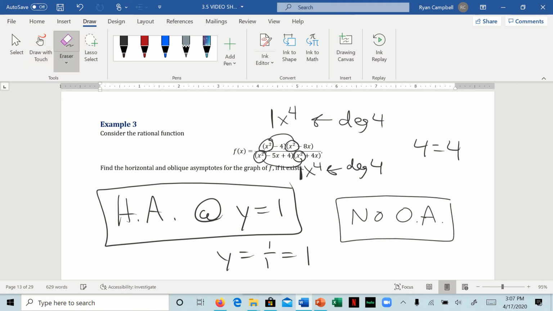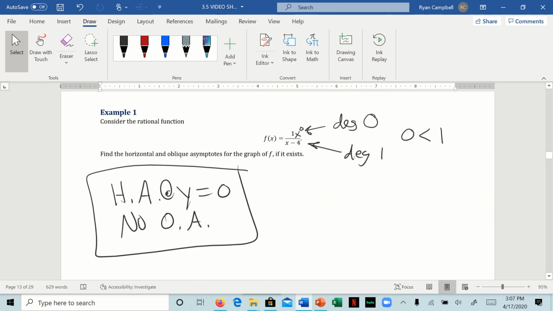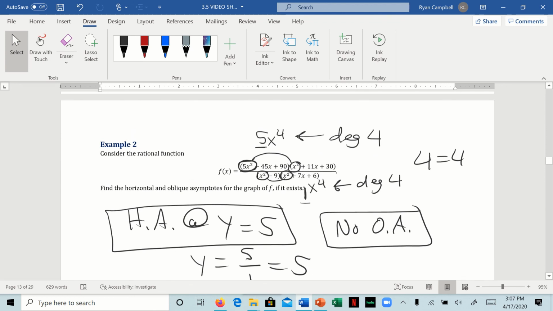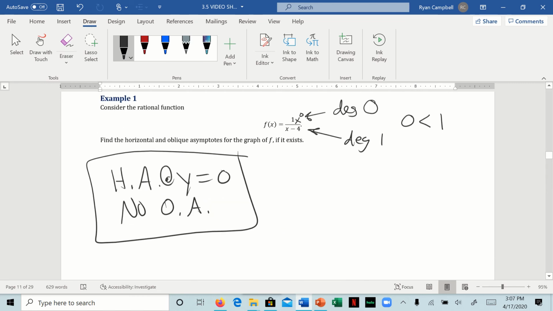All right. So you may have remembered that I said that you can actually combine those first two rules into one, and here is how you can do it. If you remember this rule that we kept saying, when the degrees are equal, it's the coefficient of the top divided by the coefficient of the bottom, the leading coefficient. So if you have this 1 over x minus 4,